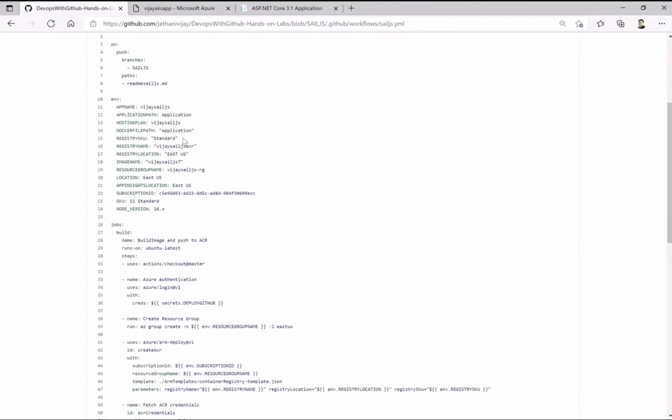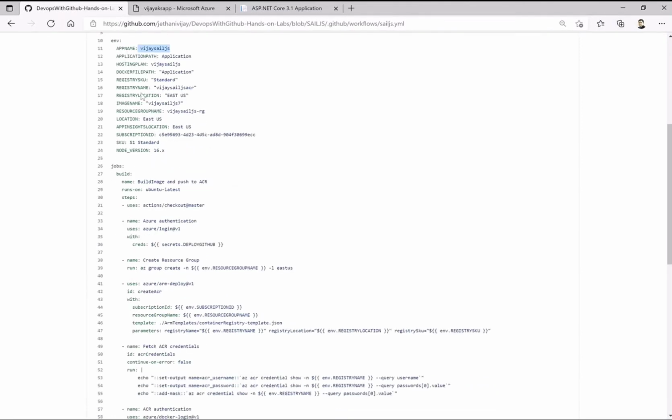Okay, so we can do the similar kind of checks here for the naming convention and where that resource group lies, and give appropriate naming conventions, locations, and subscription IDs. These are some of the things you can go through before actually deploying that.